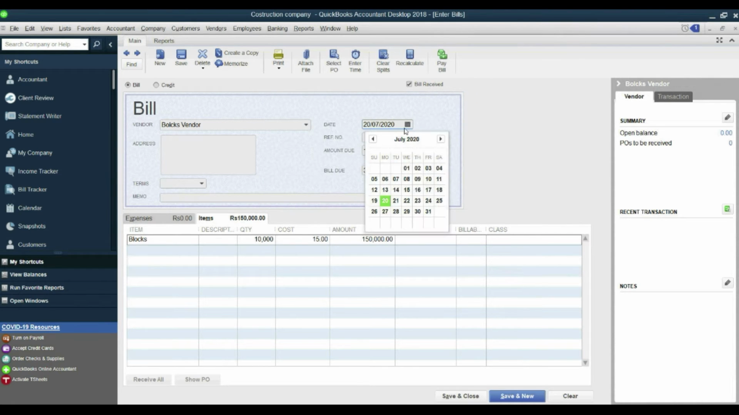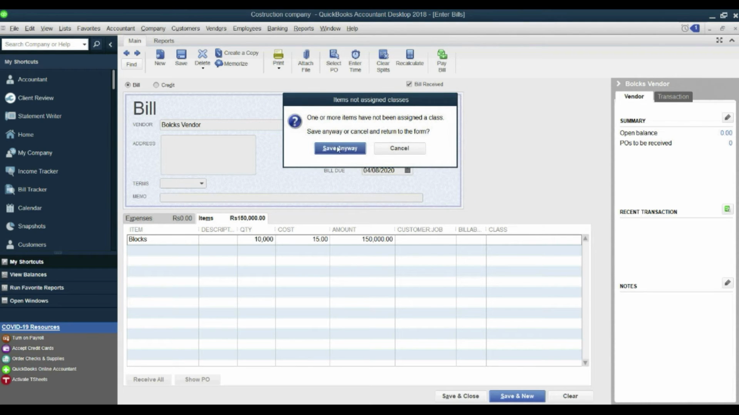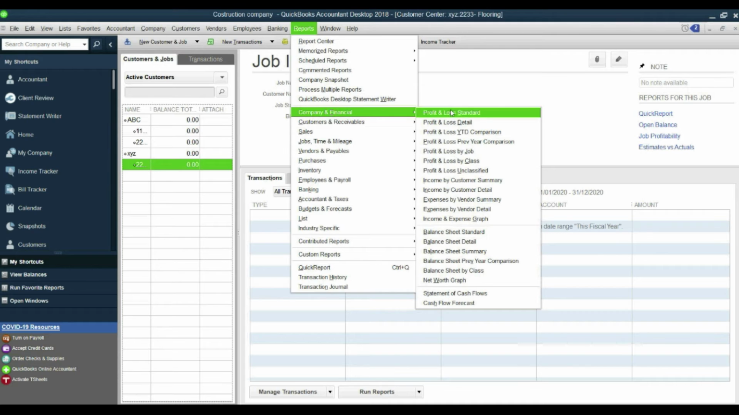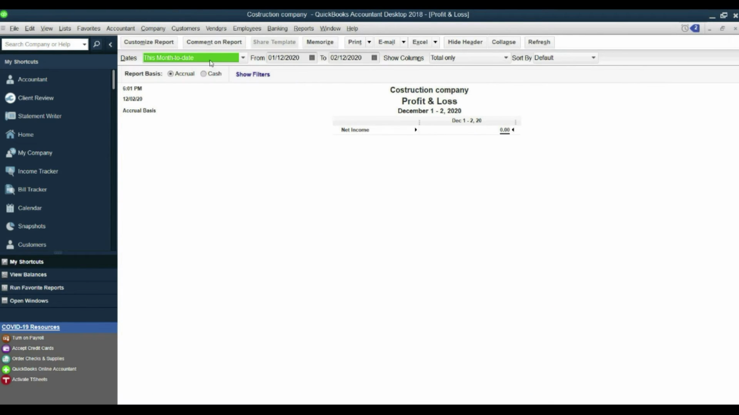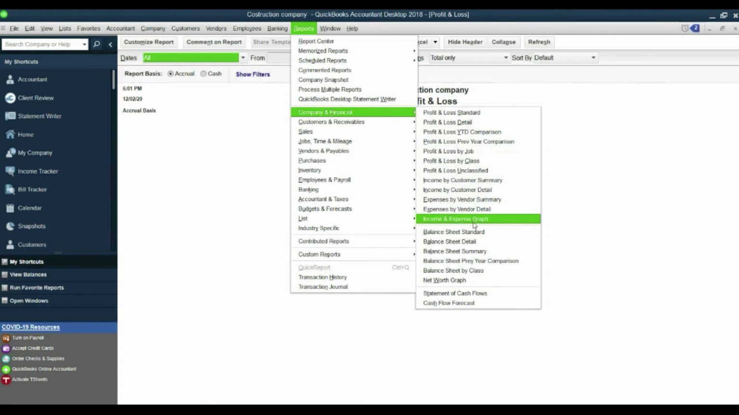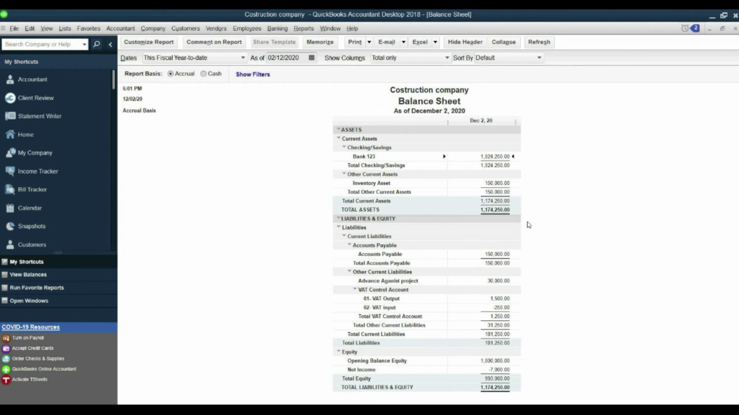Let me put a date. Yes, we purchased this stock on 25th of July, and the reference number is this. Click save. Now if you go to Reports, Company Financial, in the profit and loss account, there is nothing charged regarding these blocks. Now if you go to Reports, Company Financial and the Balance Sheet Standard, you can see that